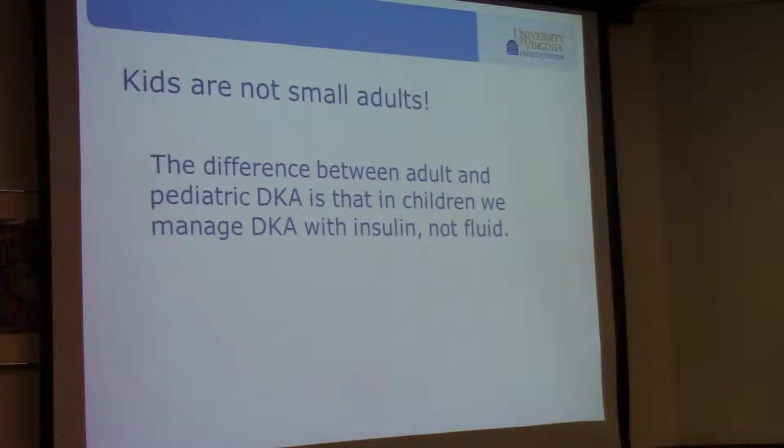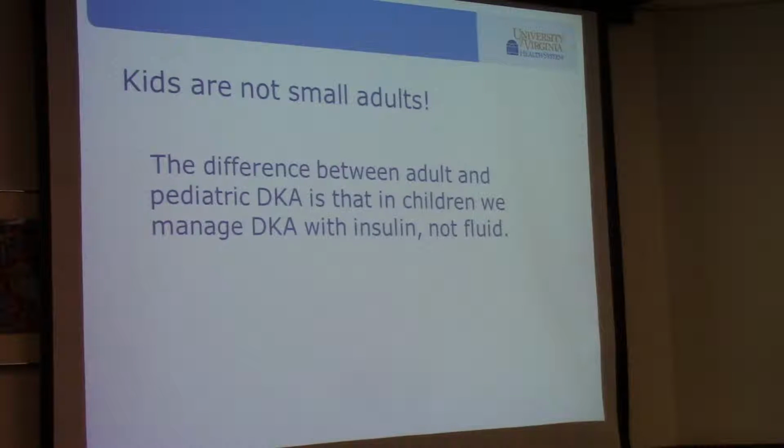So at UVA, we talk about kids versus adults. When do we treat them like adults? What you want to take from this is that if they are in the pediatric ER, if they are in DKA, if they're going to the PICU, no matter how much they weigh or how old they are, they are managed as a pediatric DKA patient, okay? Pediatric protocols, pediatric order set, everything that the PICU would be doing, that's what we're going to do as well.